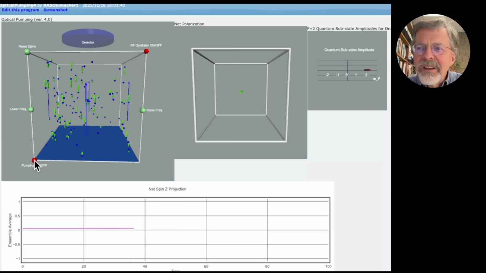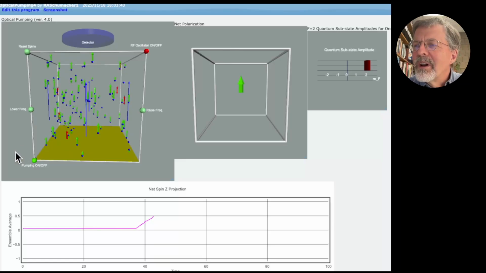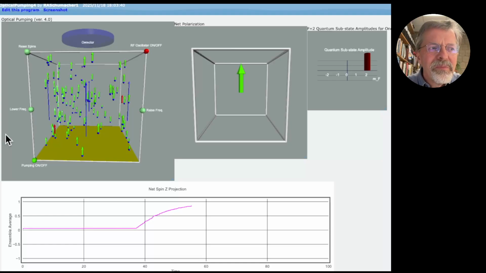And we're going to do that with a click here. Boom. Okay, here now the light is on. Notice the red flashes on the atoms here. This is supposed to simulate what happens when a photon, a circularly polarized photon that has +1 unit of orbital angular momentum or spin angular momentum, strikes the atom. It has the effect of moving the atom up 1 unit of magnetic substate, and that atom can then stay in that excited state for some time, a brief time, nanosecond